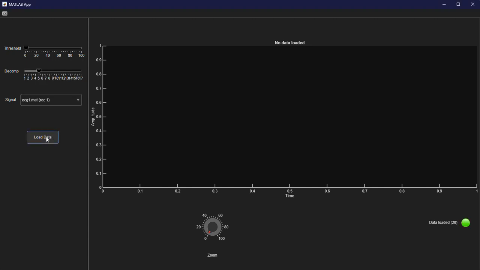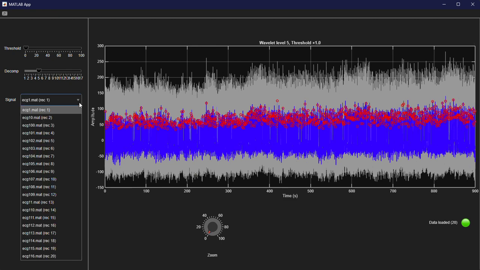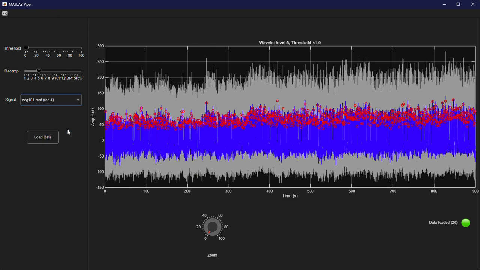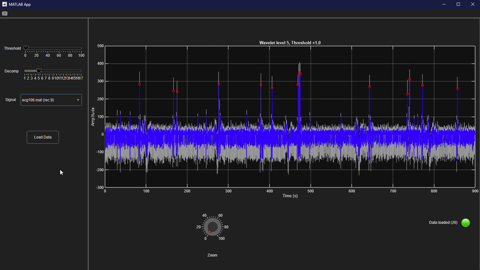So we can load the data from the PhysioBank, which is an online resource of electrocardiogram signals. So there's a few different signals available, and we can see here the white raw signal